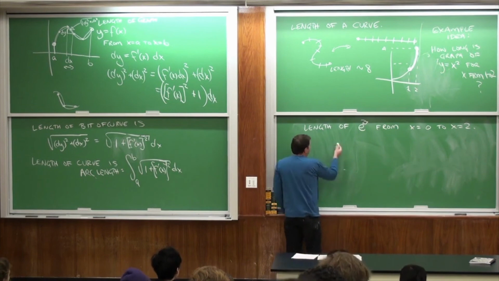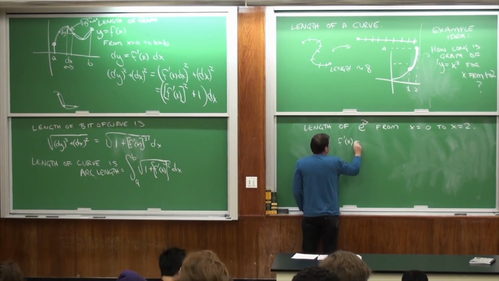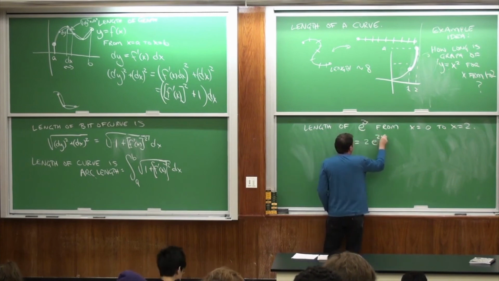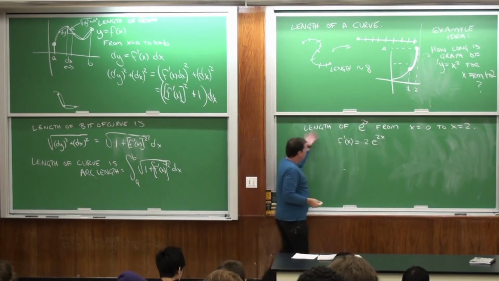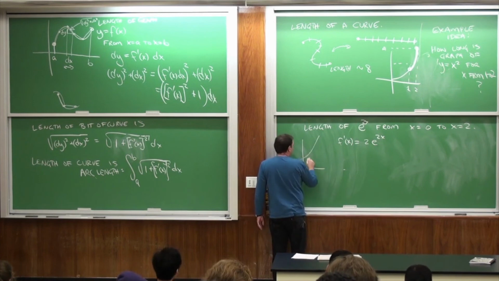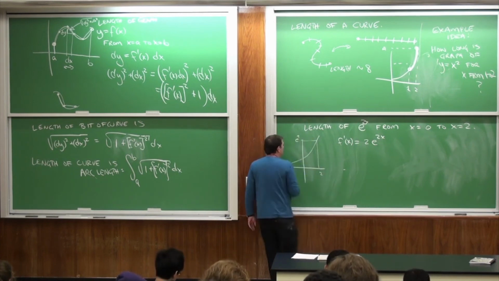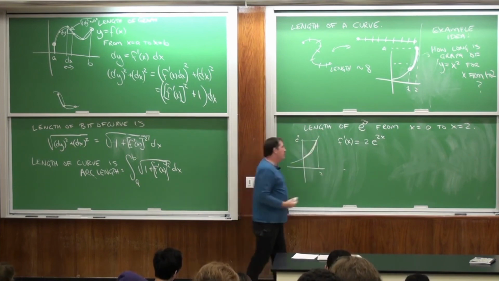So here we have to find, so f prime of x is 2e to the 2x. That's easy, because my graph is y equals e to the x. Here it is. And I want it to go from 0 to 2. I want the piece of this curve. And so the length